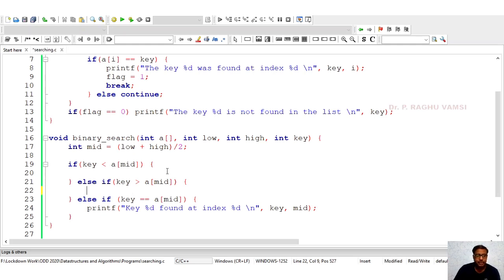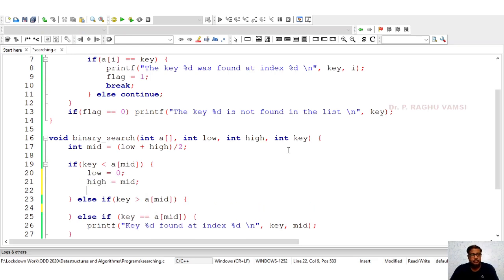Now we need to write the values for the key is less than a of mid and key is greater than a of mid. Whenever the key is less than a of mid, high is equal to mid. Then we need to perform the binary search again: binary search a of low. Here low is equal to 0 is not required.